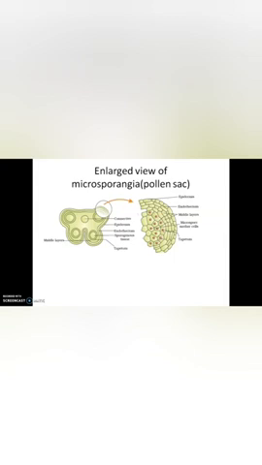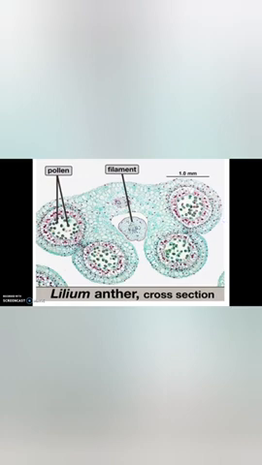Okay, how can we define microsporogenesis? The process of formation of microspore from a pollen mother cell through meiosis is called microsporogenesis. Clear? The microspores as they are formed are arranged in a cluster of 4 cells called a microspore tetrad. That means the microspore separates from the tetrad and develops into the male gamete, the pollen grain.